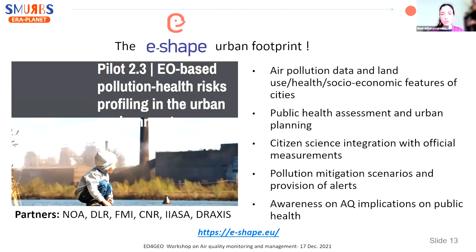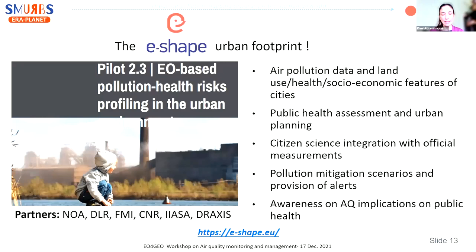The point was to provide air pollution data and combine them with health aspects and socioeconomic features at the global level, but also at the urban level, and cooperate with stakeholders from the health sector or other sectors that are interested in air pollution data, to produce trends and also real-time information, to raise awareness on air quality implications